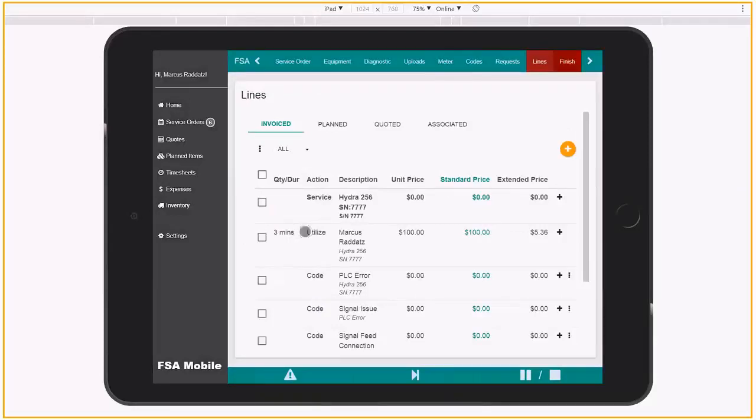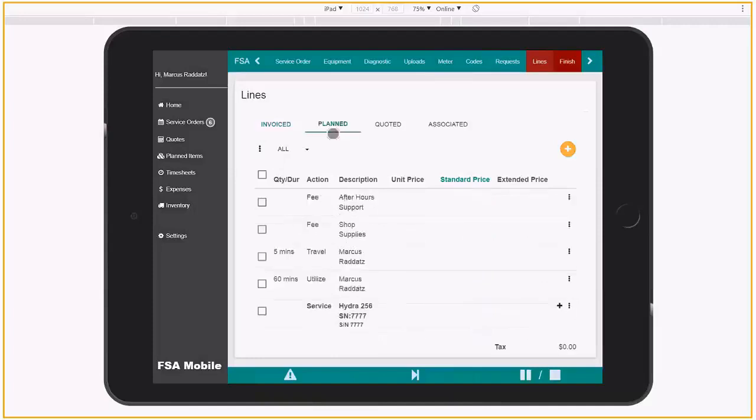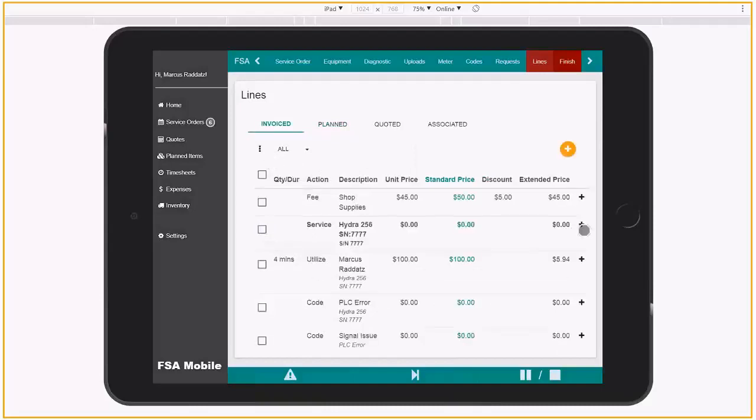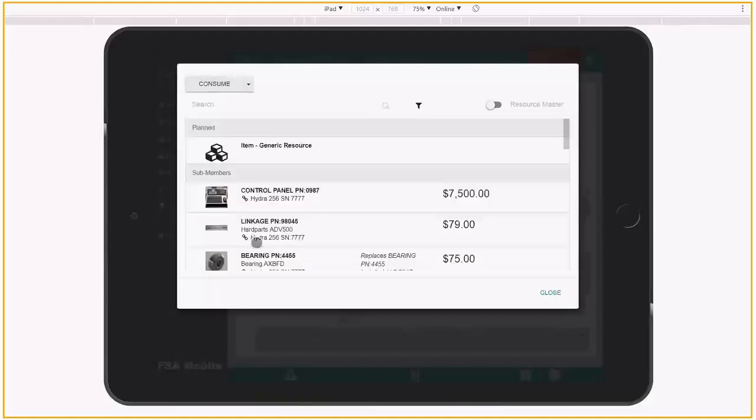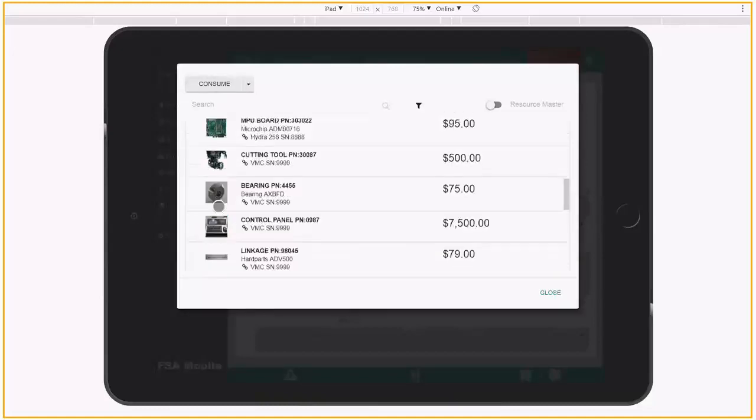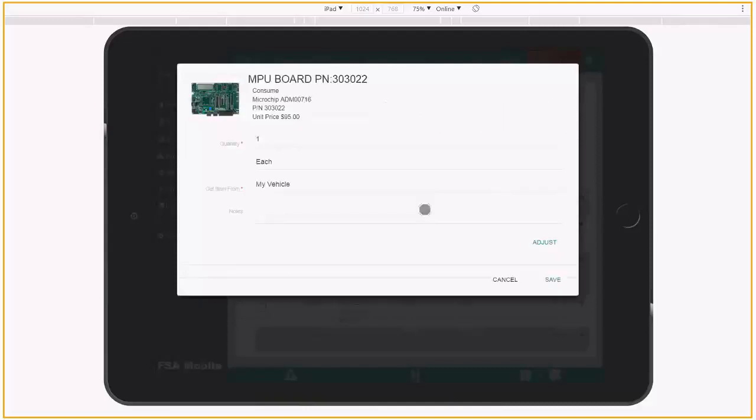I'm just adding my perform lines, which are my billable items or my consumables. There are some shop supplies that we typically use in this case, so I'm just going to apply them easily here, just by going here. I don't need to look through a search or anything like that. Next, I'm going to consume a part, and so I'll consume an item, scroll down here, find the component that I'm going to consume,